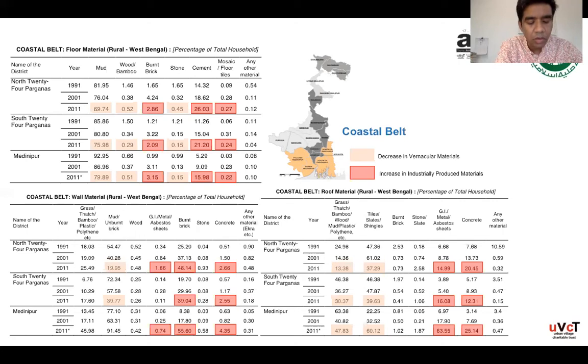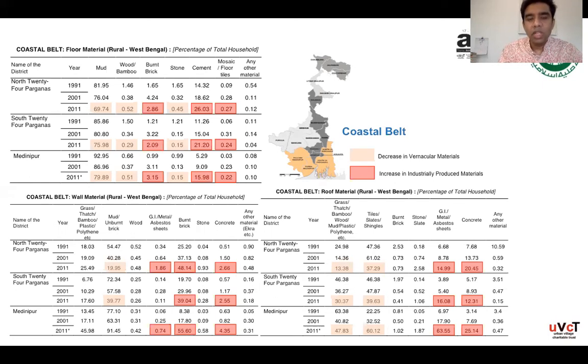North and South 24 Parganas have also witnessed a 2-fold increase in the use of concrete as a roofing material. There's also been a gradual rise in the use of stone and slates in the region. So after studying the changing nature of materials in the rural areas,